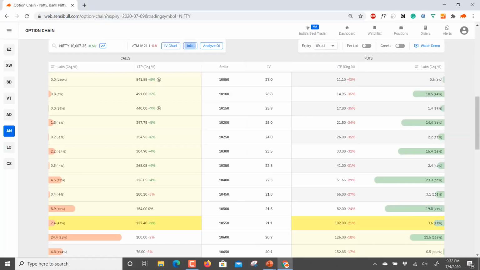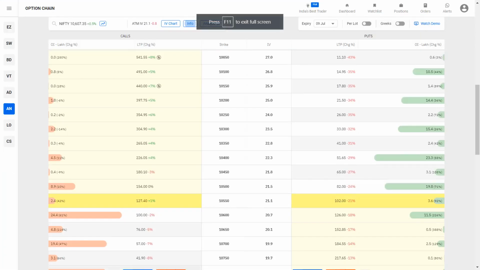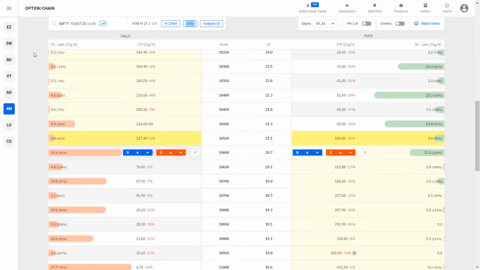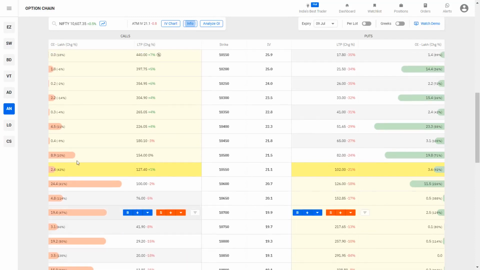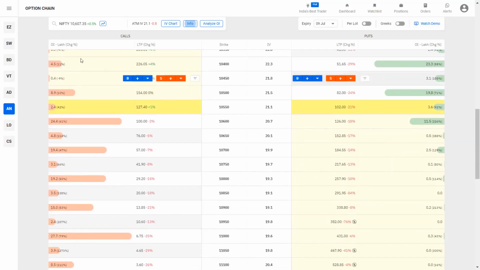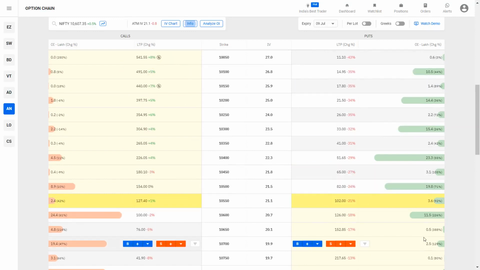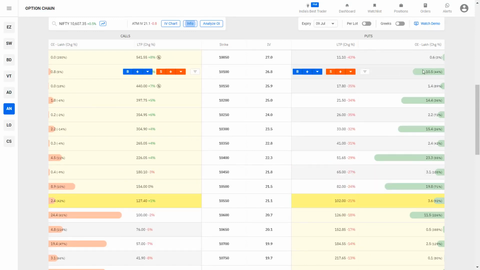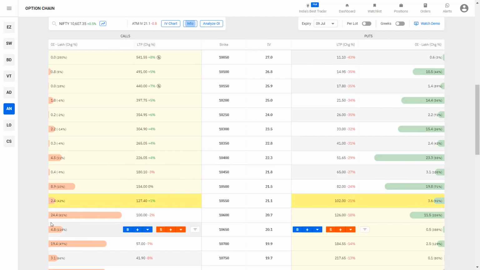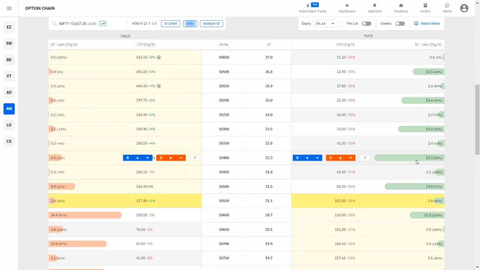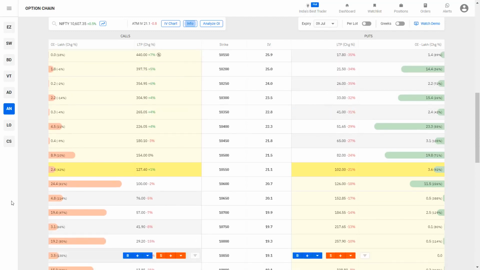So what does option chain basically do, right? I'll just quickly show you what an option chain looks like, and let me full screen it. An option chain, this is the chain, right? It lists every strike here. It shows you the number of call option contracts outstanding in these orange bars, and it tells you put option contracts outstanding in the green bar. So the bigger the orange bar, the more the call options there. The bigger the green bar, the more the put options there.